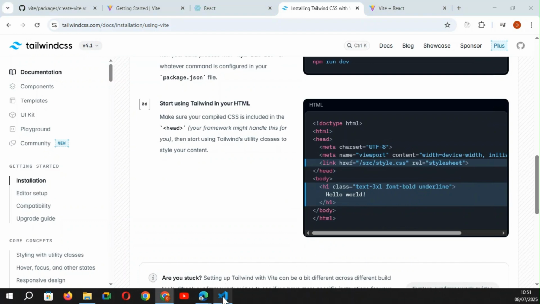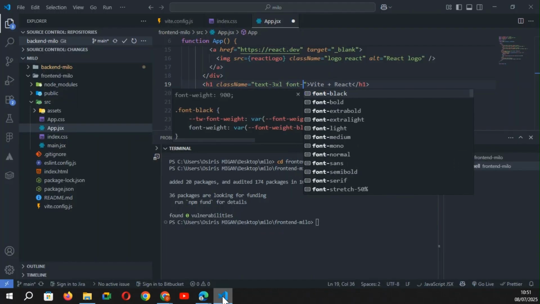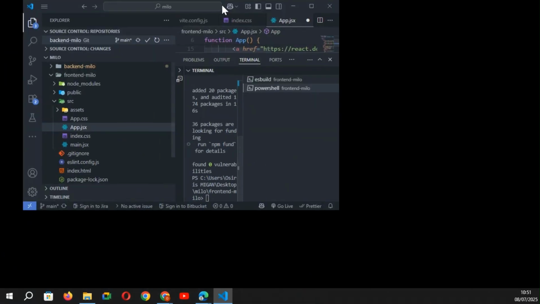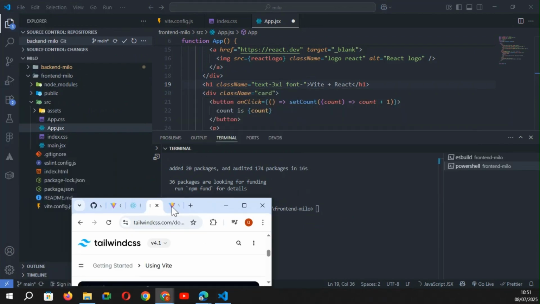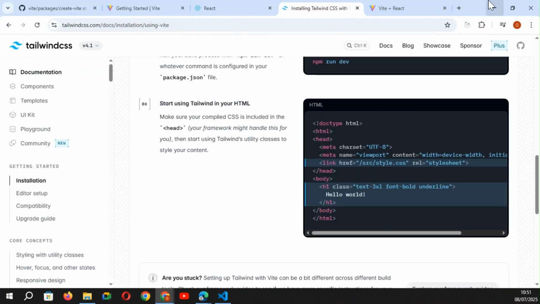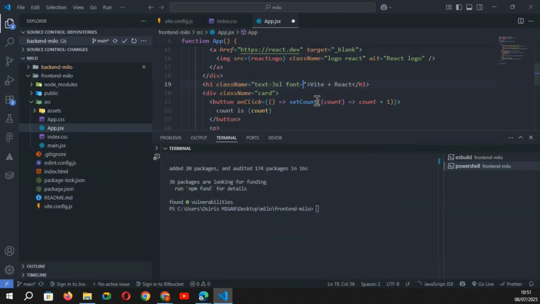Okay, font. 1 2 3, and here I have font bold. Okay, if I save,